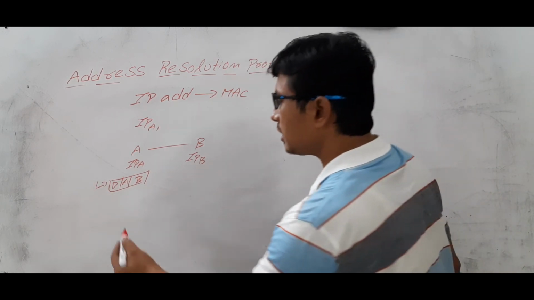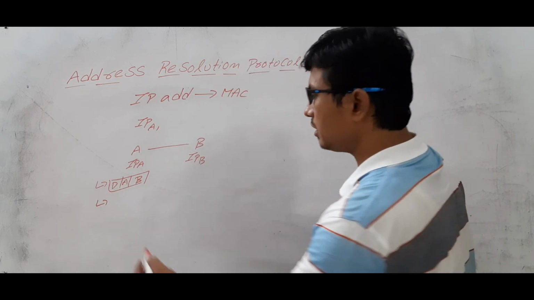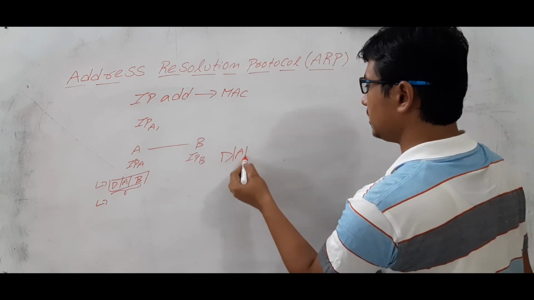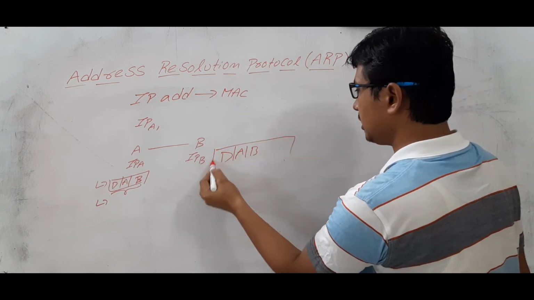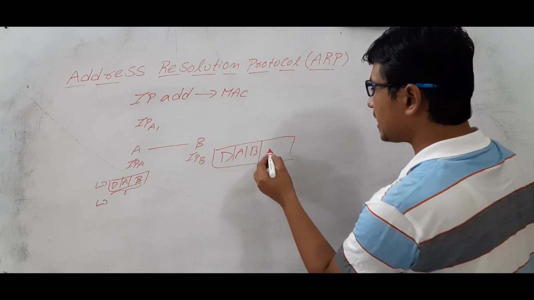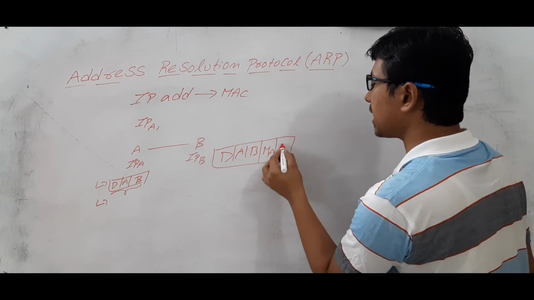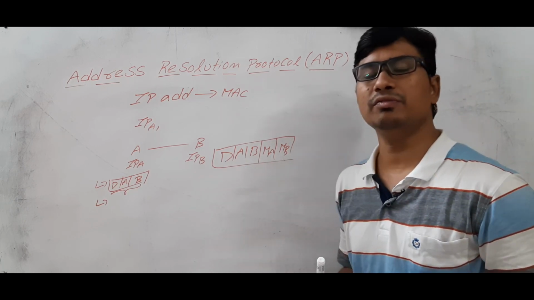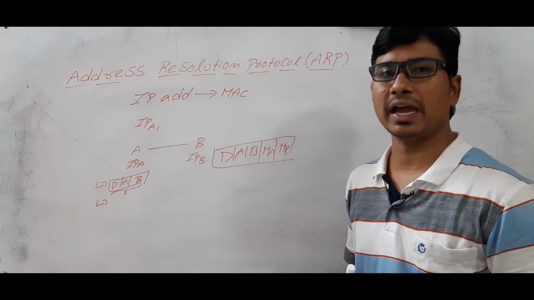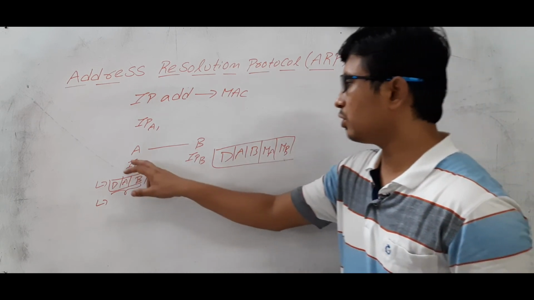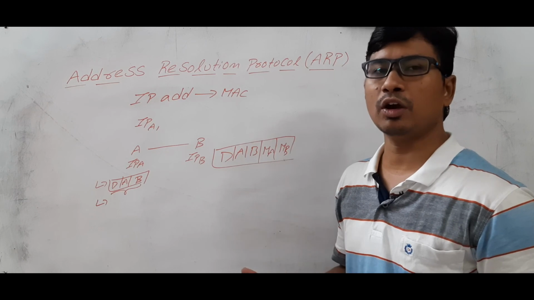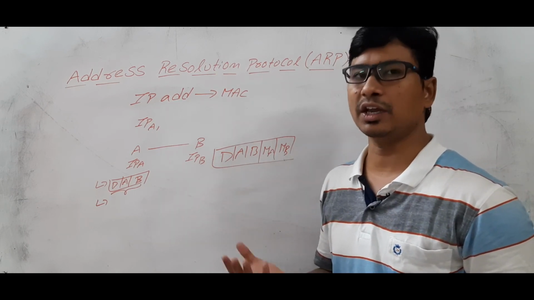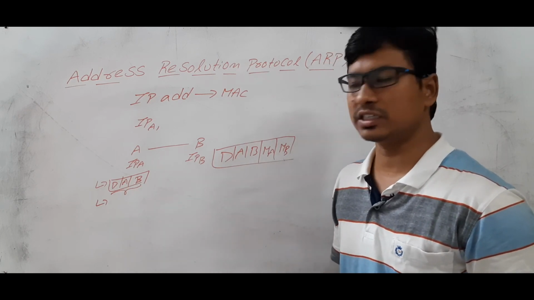But how will the data link layer work? The data link layer will take the entire information, am I right? It will keep the source MAC address and the destination MAC address, because the data link layer works with the physical address. We will call it a MAC address, which is a 48-bit address. If you know the destination IP address, it will not work. You should also know the MAC address of the destination. Then only the packet can be delivered to the destination.